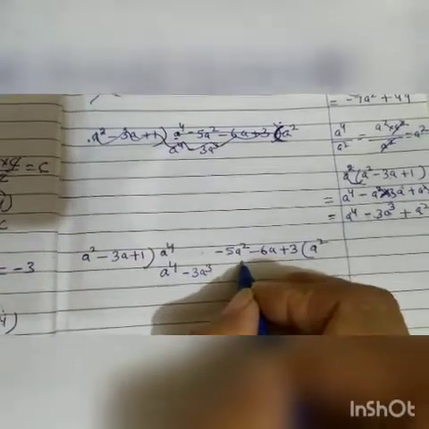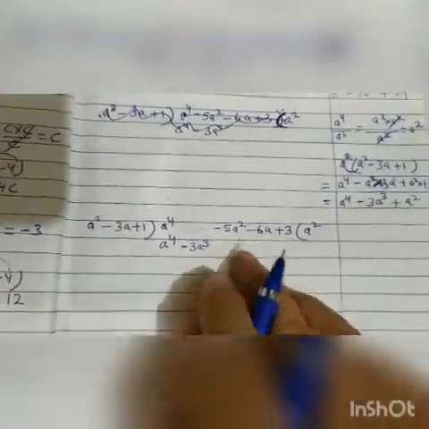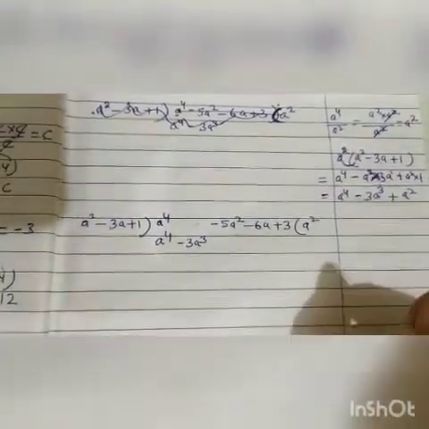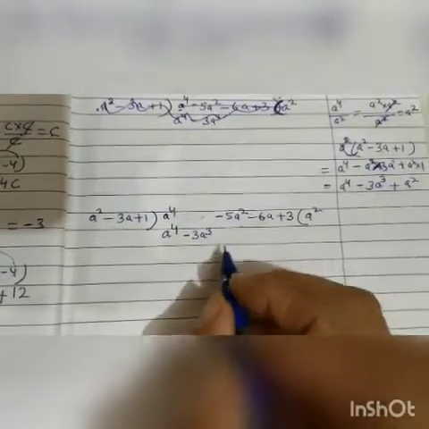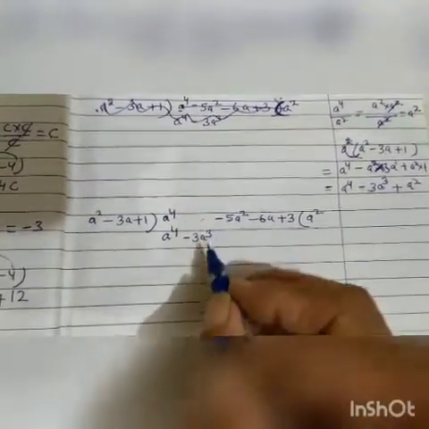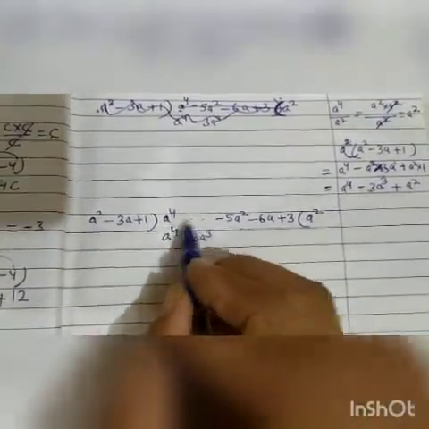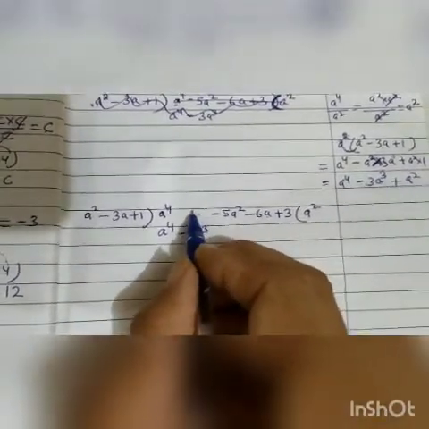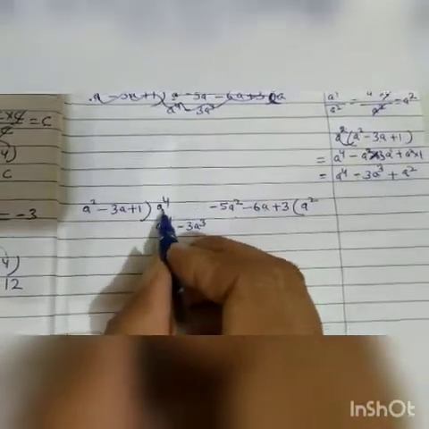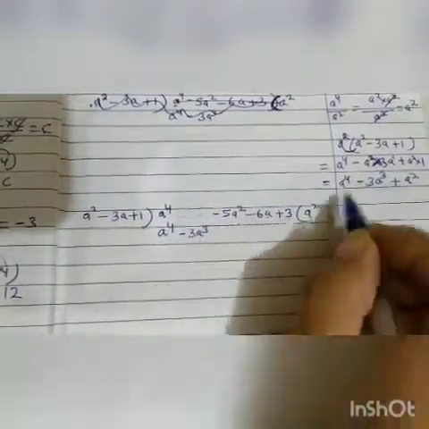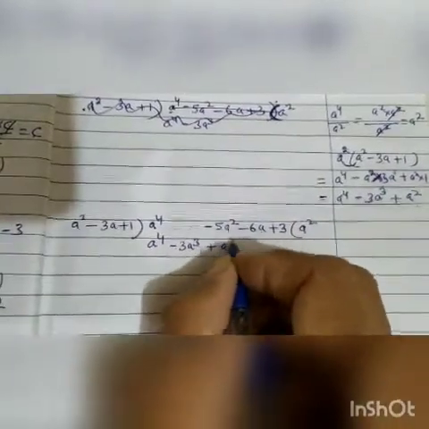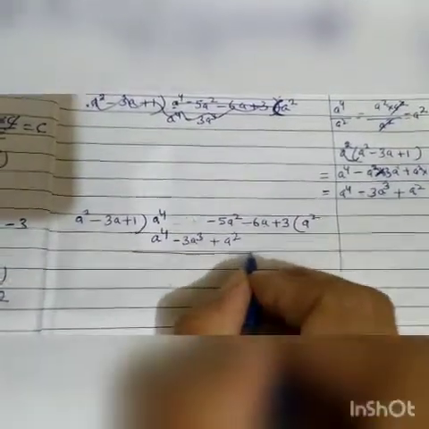You know like terms and unlike terms. In 7th class, I told you when powers are same, when literal factors are same, then they are like terms. We can write only like terms below the like terms. So in the dividend, there is no term with a cube. We leave some space and we will write a power 4 minus 3a cube here plus a square. We will write plus a square below this a square.